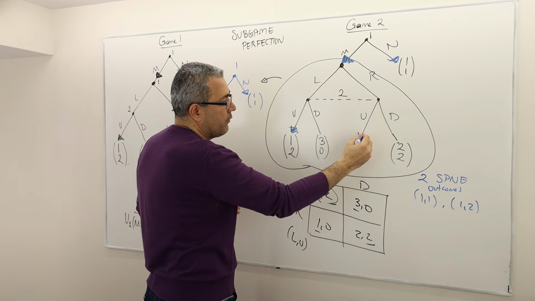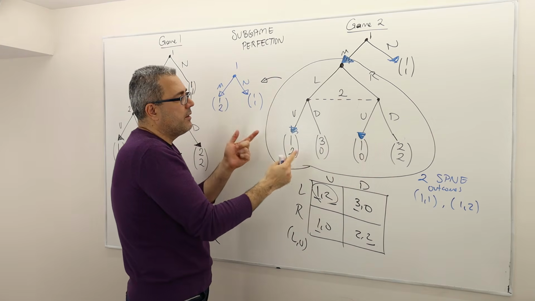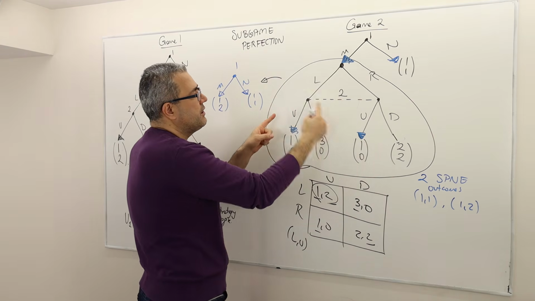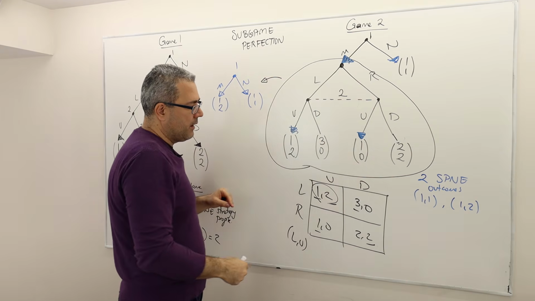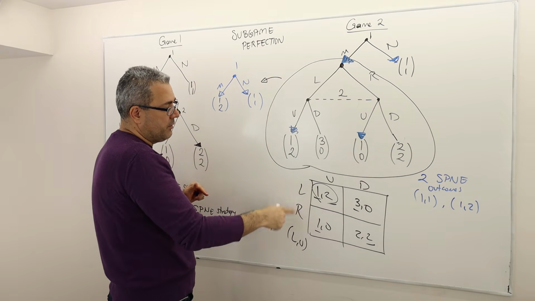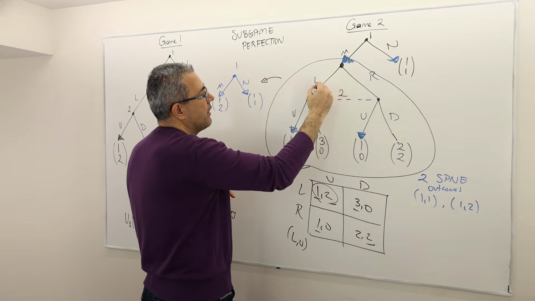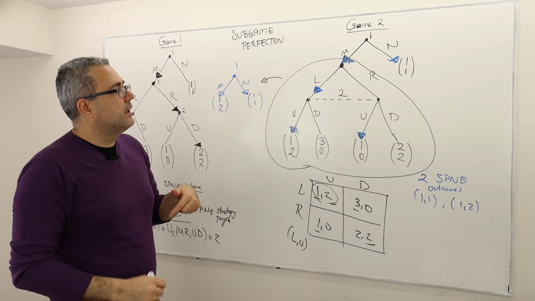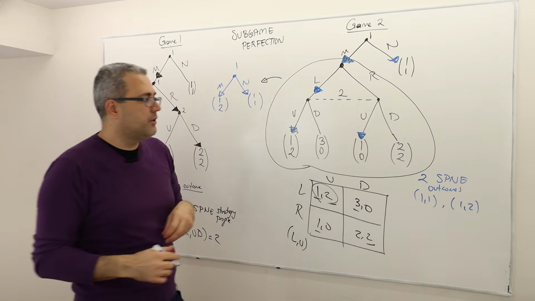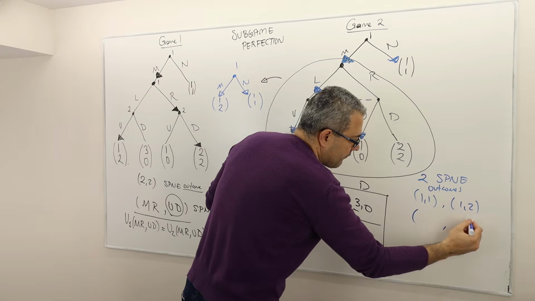So put U in both, right? Remember, she doesn't remember, she can't know whether she's here or here, so she chooses U in both. And player 1 is playing left, not right. All right, so therefore, when I write down this subgame perfect Nash equilibrium strategy, once again, so I'm going to